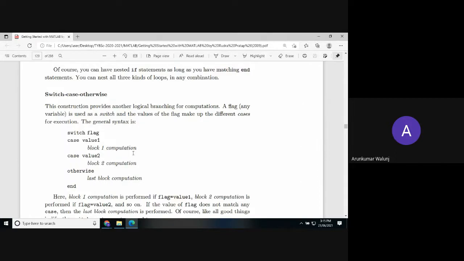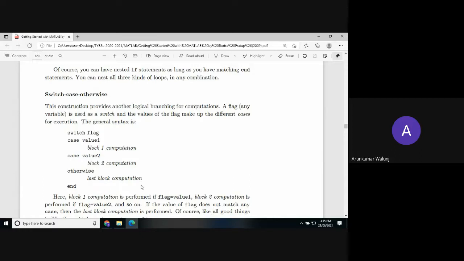here we have seen that if the switch flag matches with the case value, the block of 1 will be computed. If it is false, this case along with the block will be skipped and the case value 2 will be executed if it matches with the flag value or the expression. It is similar to your C programming.